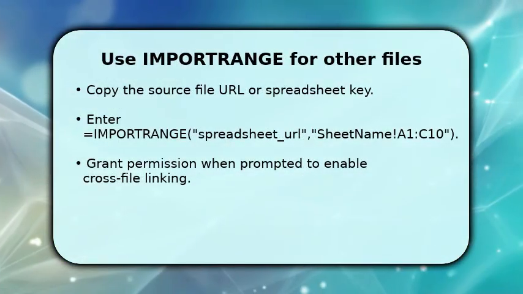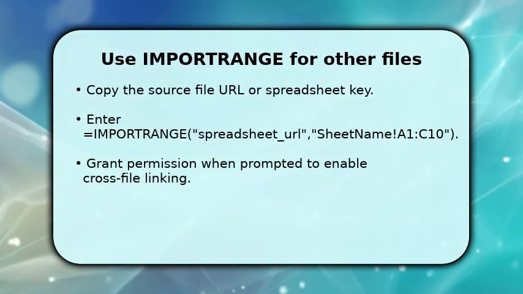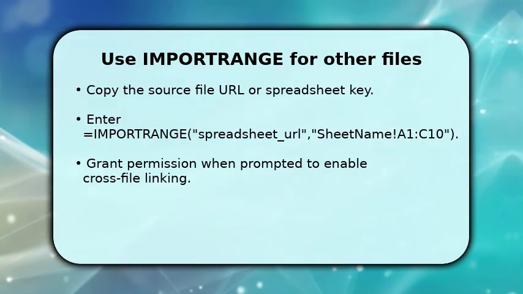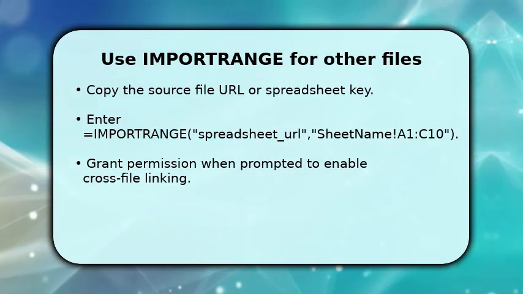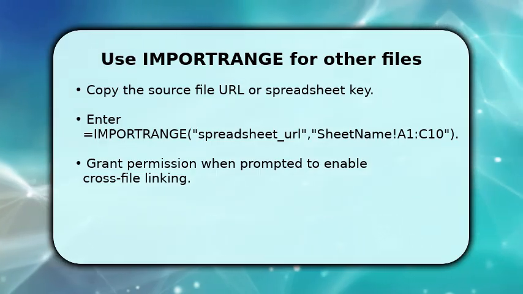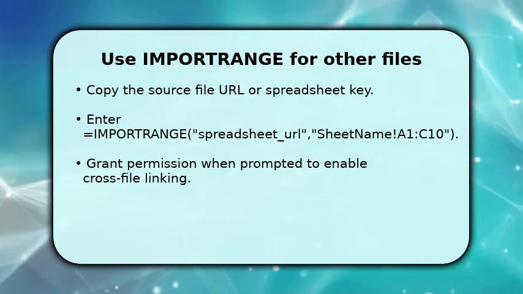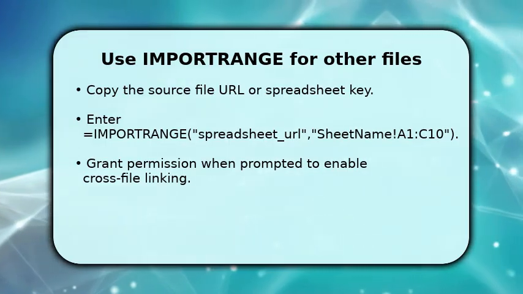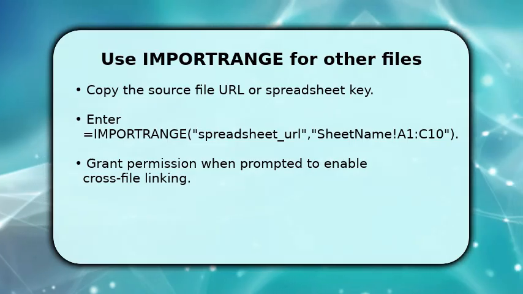When the source lives in a different file, use IMPORTRANGE so the link stays live. Start by pasting the source spreadsheet URL into the formula and specify the exact sheet name and range, for example, equals IMPORTRANGE, https:// Sheet2!A2:C10. After you press Enter, Sheets will ask you to allow access. Accept that so data can